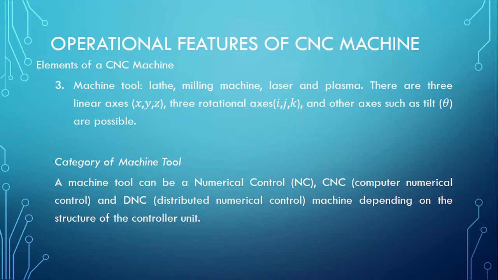So for an NC machine, the MCU is a tape reader, and the way by which it reads its program, the part program in this case, is to read the punch tape. But a CNC machine has an onboard computer, which implies that with a CNC machine, there's always an onboard PC on such a machine,